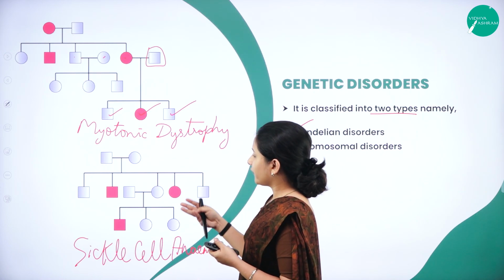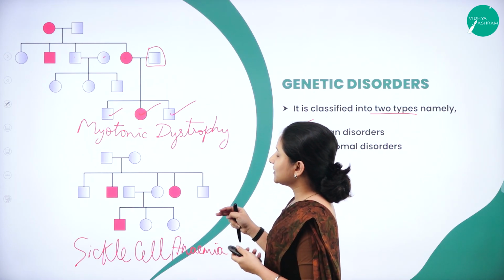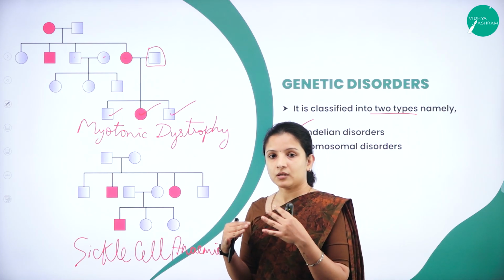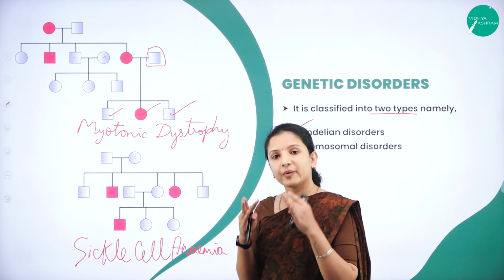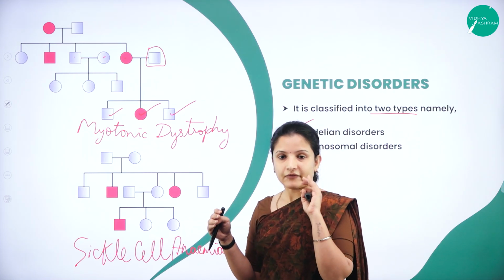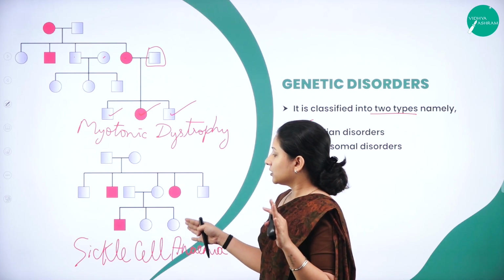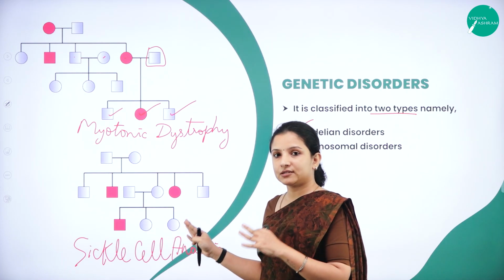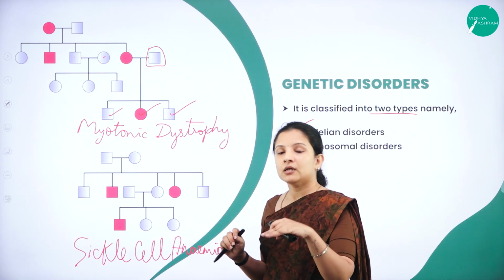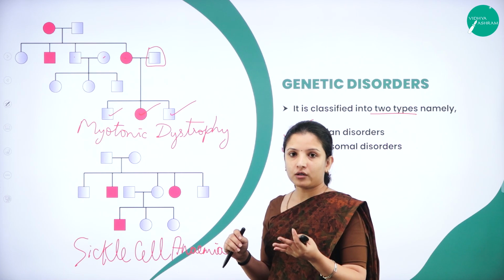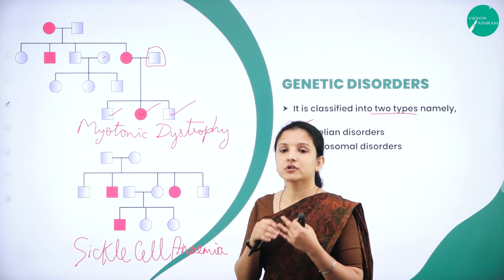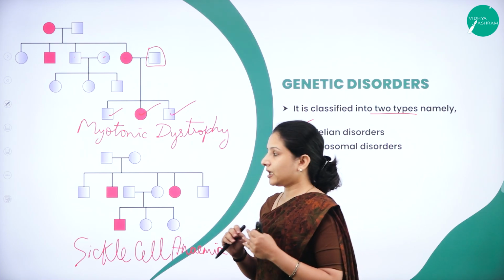So again, the same way in sickle cell anemia. Sickle cell anemia is a condition which doesn't depend on the parents showing it. Like, for example, the parents will have the affected chromosome carrying the gene responsible for sickle cell anemia, but the parents will not have the sickle cell anemia. When the child is born, that trait or character will be carried to the child. Therefore, the child will develop sickle cell anemia.